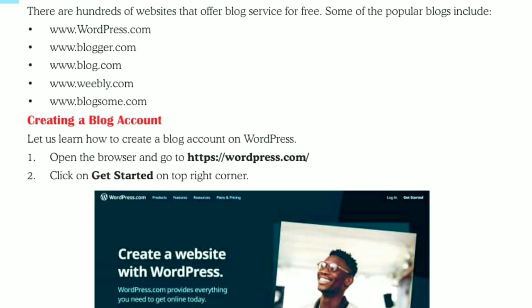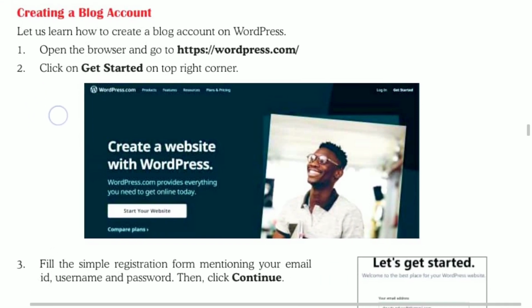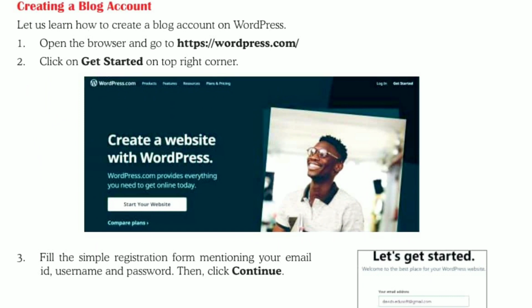Now, the next point of this topic is creating a blog account. For accessing blog service or for creating any blog post, we must have a valid account. Take an example as WordPress.